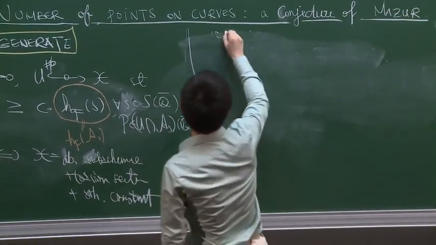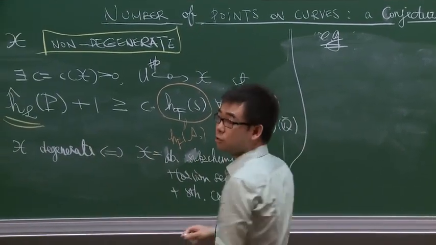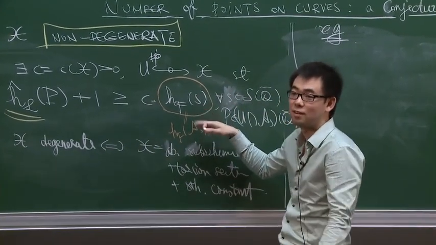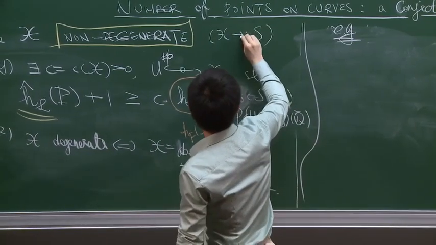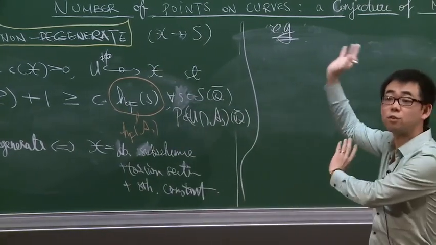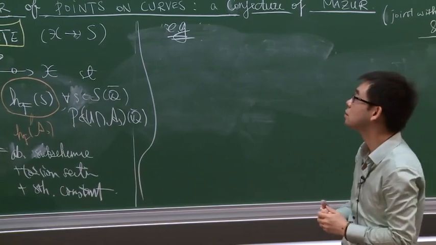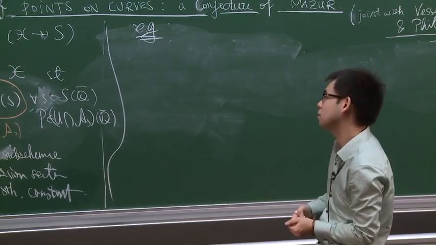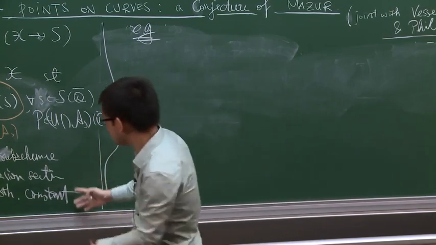I'll give you an example. Assume that X is dominant over S. It's better to assume it, but otherwise the whole thing works because this is just one number. But it is not necessarily absolutely irreducible. Everything is defined over Q bar, so it's absolutely irreducible or irreducible. In the total space, but in the general fiber, it is. Oh no, it's not necessarily. So this also may not be irreducible.